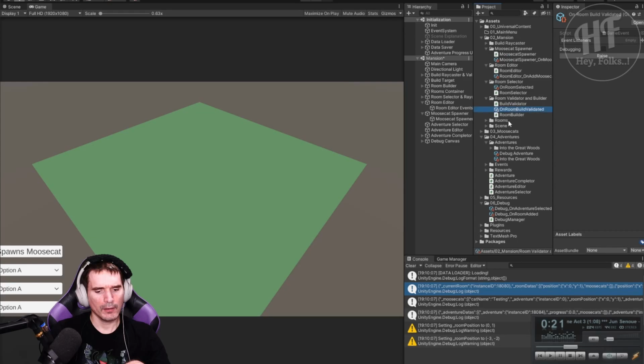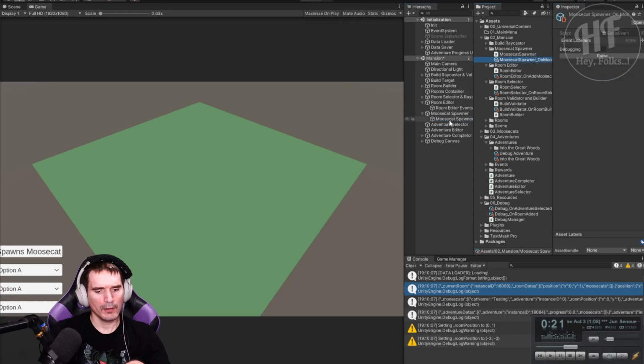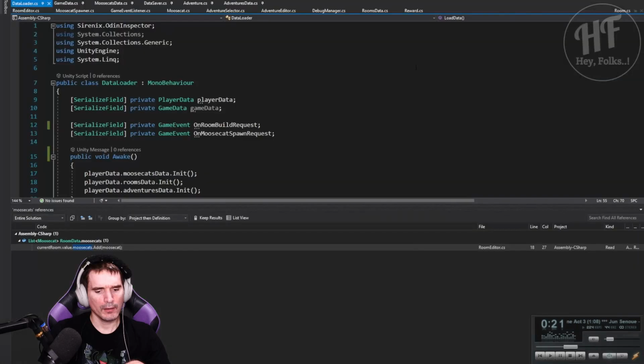I've been kind of going through and don't know how helpful it is. We may remove them over time, but regardless, we're just trying it out for now, you know. And what we want to do is we want to attach this spawn Moosecat. And then in the data loader,